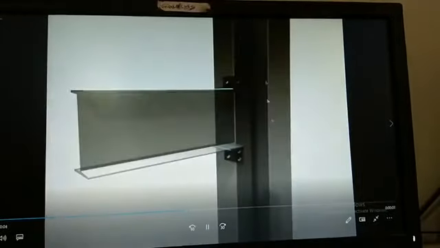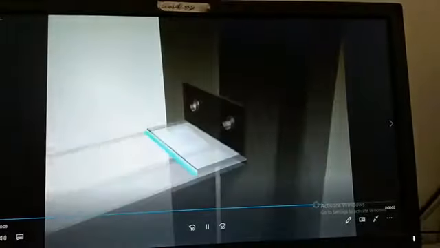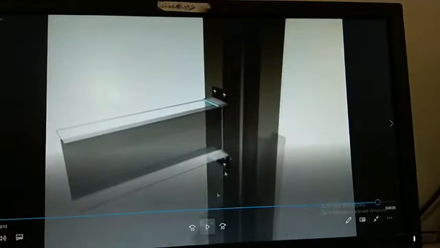Even you can connect beam to column like this with the help of an angle. This angle is called a cleat angle, right? So this top angle is called a cleat angle and the bottom angle is called a seat angle. Because this angle is supporting the major beam to rest on it, that's why this angle is called a seat angle. The top angle is called a cleat angle. Okay.